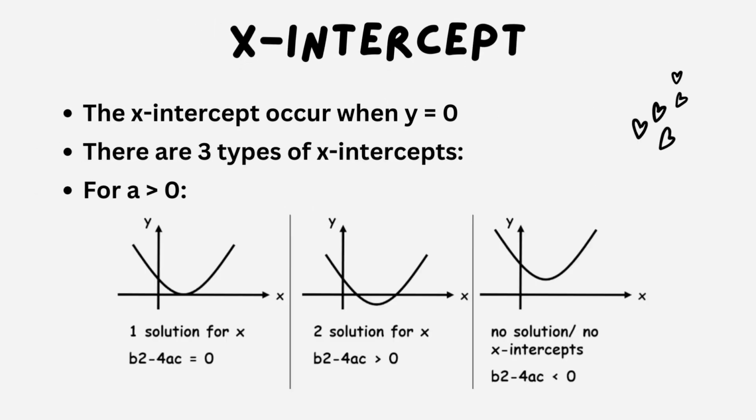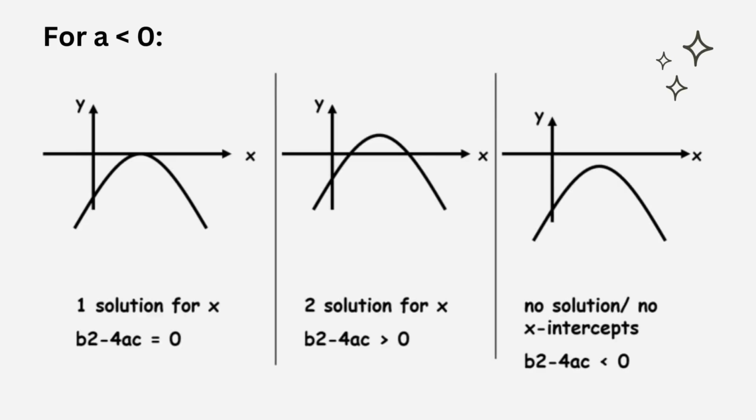How about x-intercept? The x-intercept occurs when y is equal to 0. There are three types of x-intercepts: for a more than 0 and also for a less than 0. There are three solutions, which are one solution for x, two solutions for x, and also no solution, or no